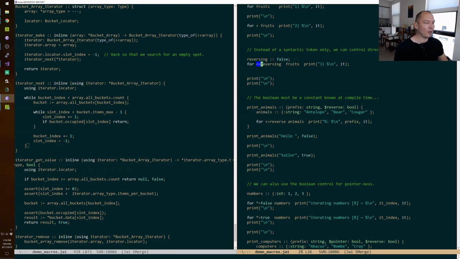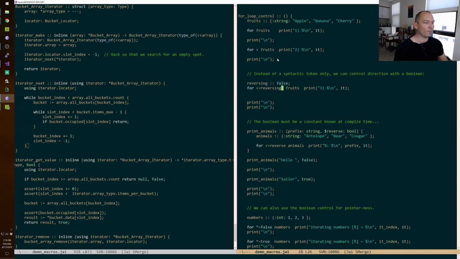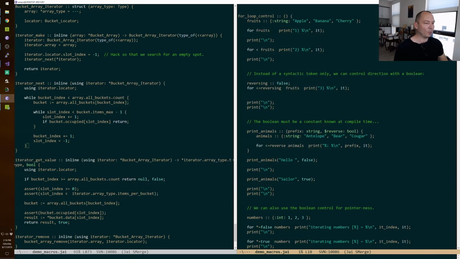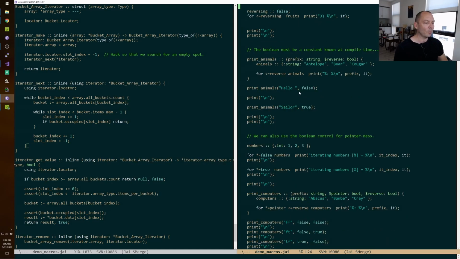You can say less than, equal, and then that parameter, right? As opposed to just the less than here. And so here, fruits is going to go forward again. If I recompiled with this set to true, it would go backward. But we have a better example right here, which is a function called print animals. We've changed to animals instead of fruits. We put a prefix in front, and then a compile time parameter that tells us whether we reverse or not,